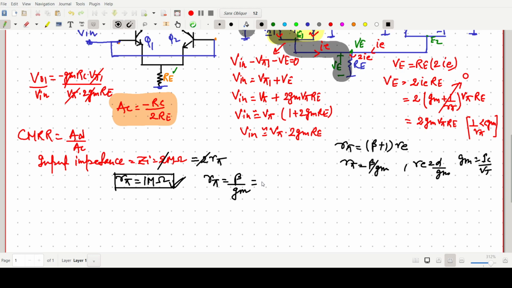Okay. So this beta value is given. Beta value is given, I think 100. Okay, 100. Gm is unknown, but R pi is known. Now R pi is known, 1 mega ohm. So from there we can easily find the value of Gm. Gm value: 1 mega means 10 to power 6, by 10 to power minus 6. Directly we can write.